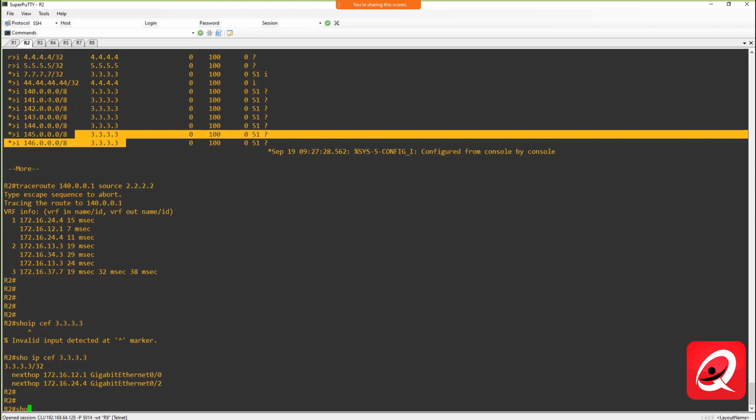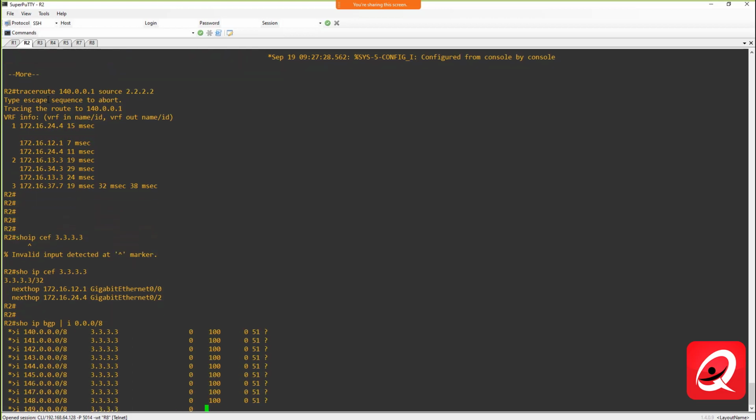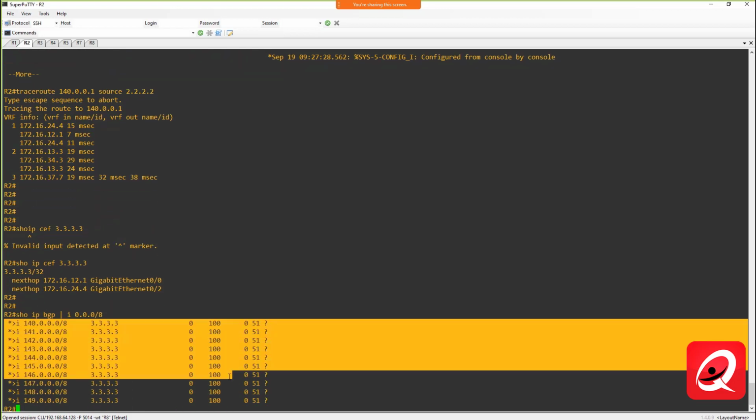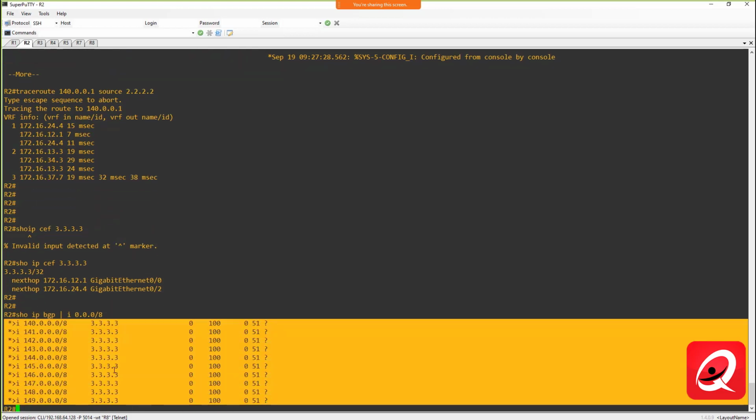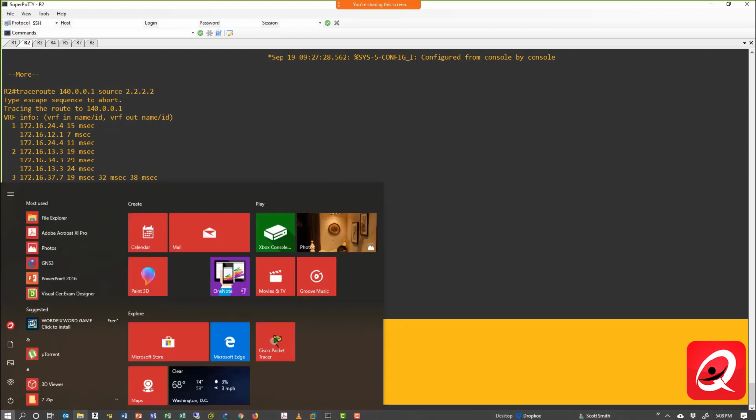There's a couple missing there. Let's do a show IP BGP pipe include 0.0.0.0/8. And these are the prefixes that we have. So if I take those prefixes and I put them into Notepad,